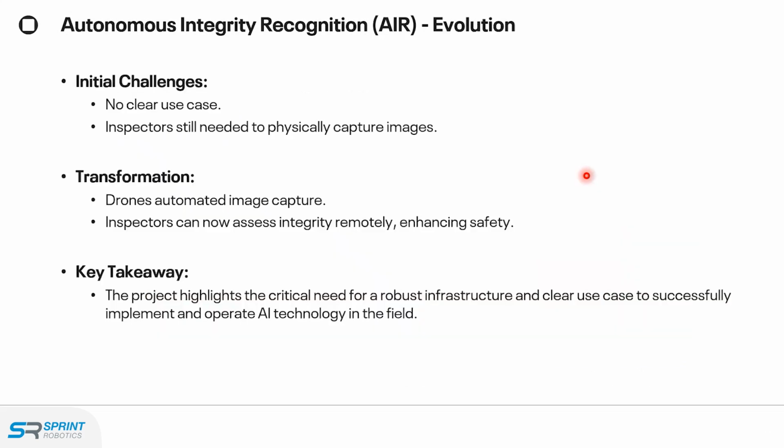Challenges, the evolution. That process, apart from changing names, that autonomous integrity recognition, it was called autonomous or automatic image recognition. So the term AIR has many names reflecting the different stages of that project, right? At the beginning, people were skeptical, saying I'm not going to use it. So there was no clear use. There was a vision, saying okay, we have to use the technology. Then over time that changed. So the capture of the drone, but creating that use case.